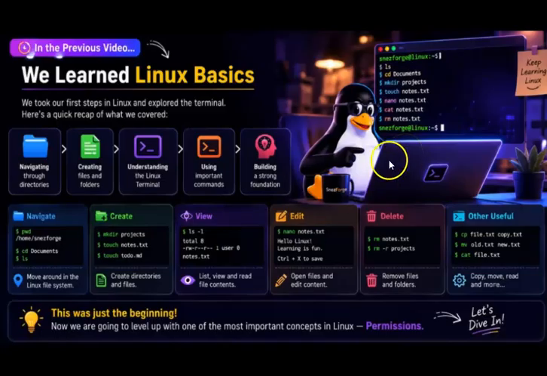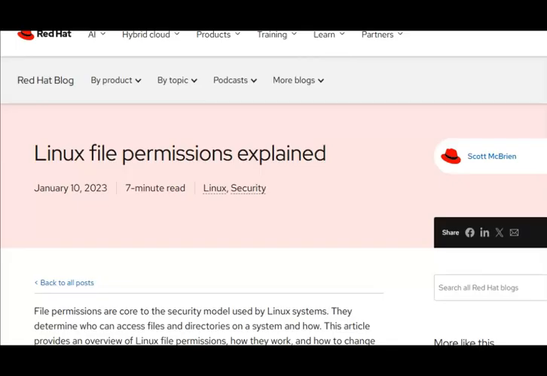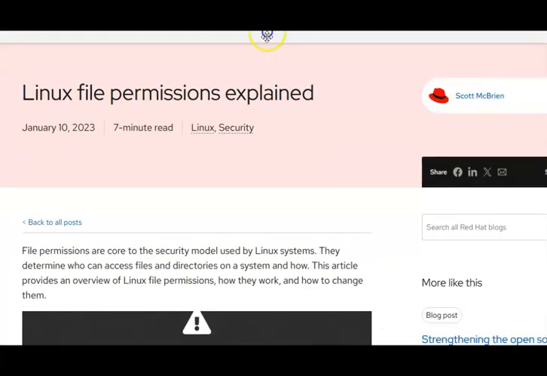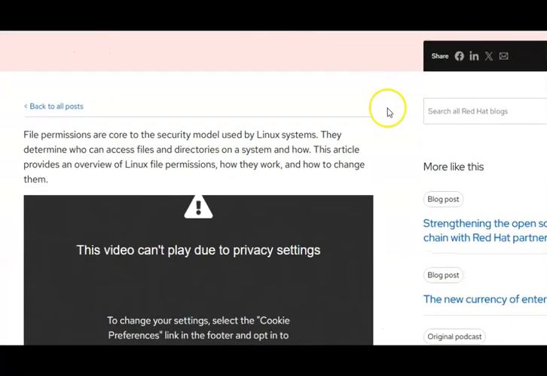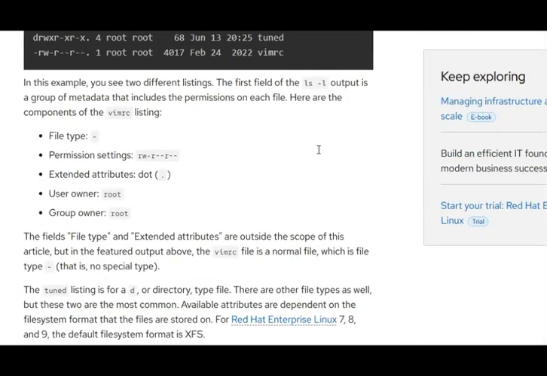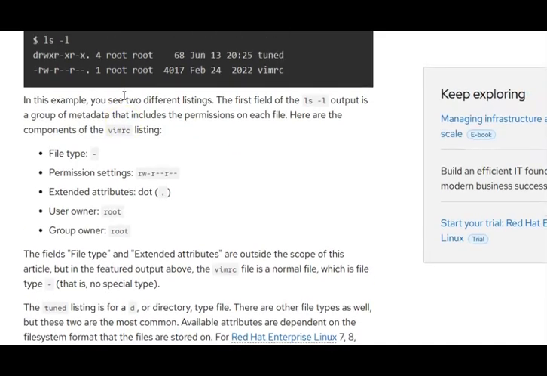So that's why in today's video we are not going to learn the Linux permissions topic from documentation or complicated definitions. Instead, we will understand them using everyday examples, visual explanations and practical demos that anyone can follow. Through this documentation you can see that you will get overwhelmed by seeing these types of complex topics you can't understand by just reading. So I will cover it through visual explanations in an easy way